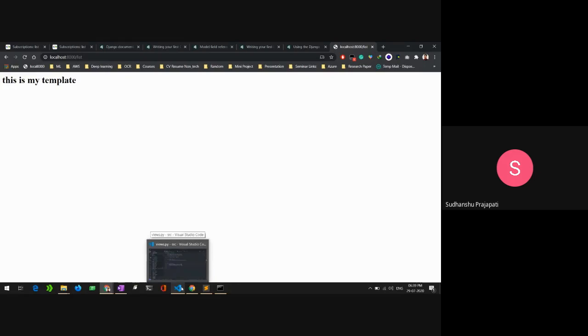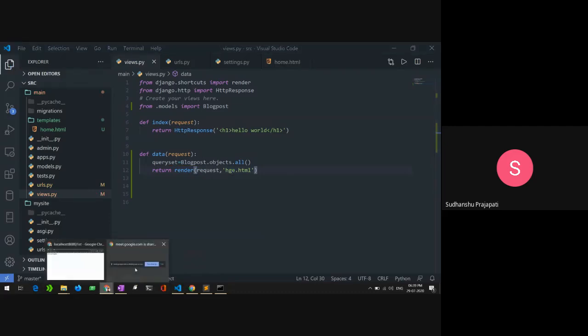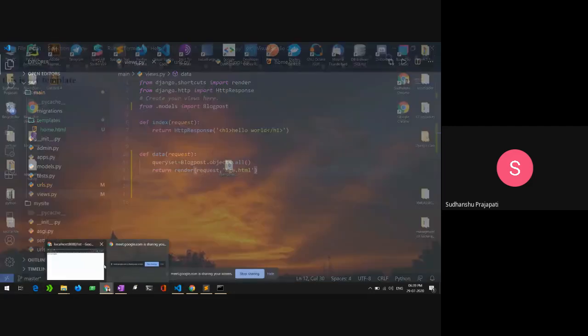So how the template is rendering, I can show you here. I will rename it to something else, so it will give some error, and I will explain why I want to create an error. I will give it something else and reload it.